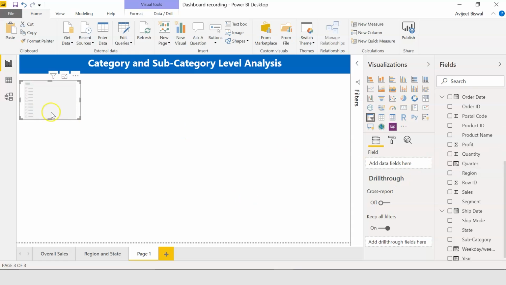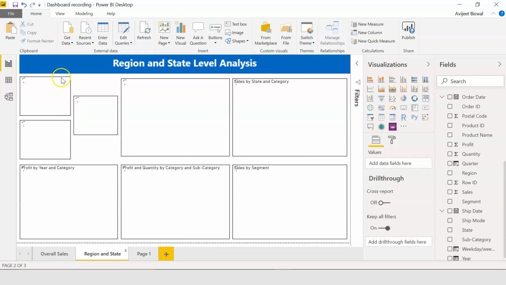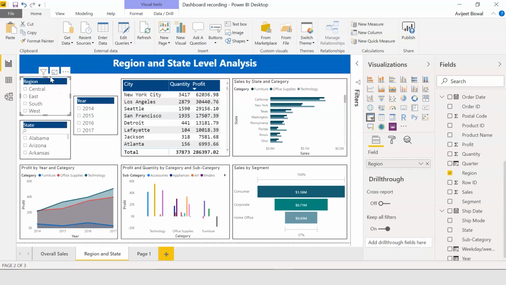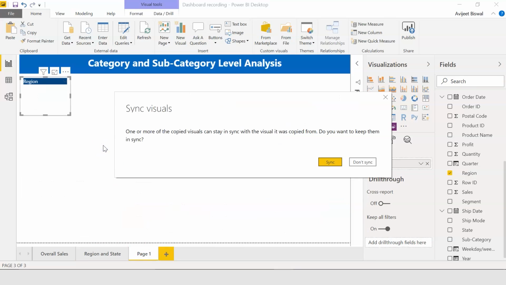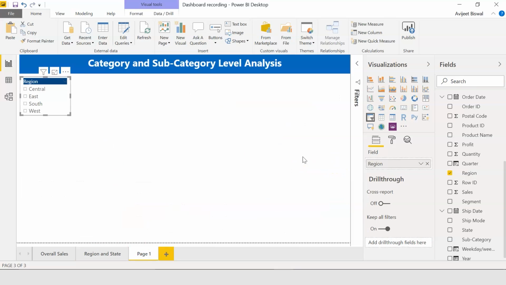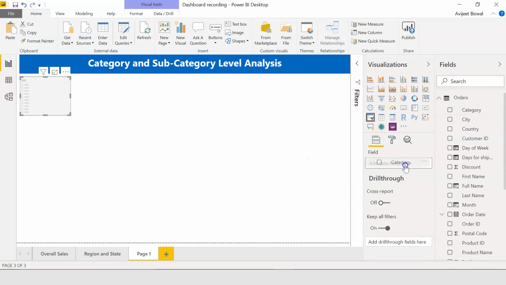So if I want, I can directly copy it from my previous tab and change the fields. So let me copy this and paste it here. I'll sync it, and let me remove the region field and add category onto the field. So you can see we have the 3 categories here.